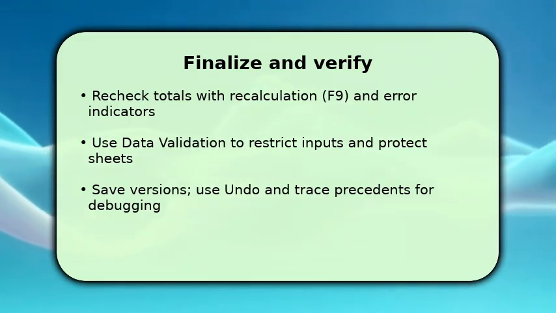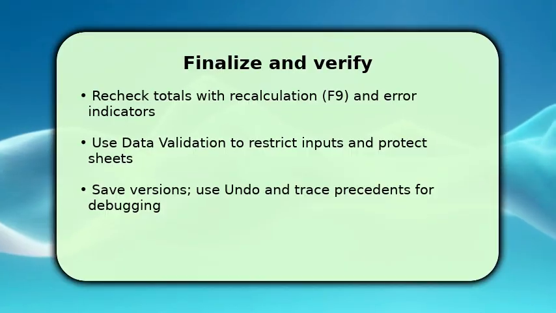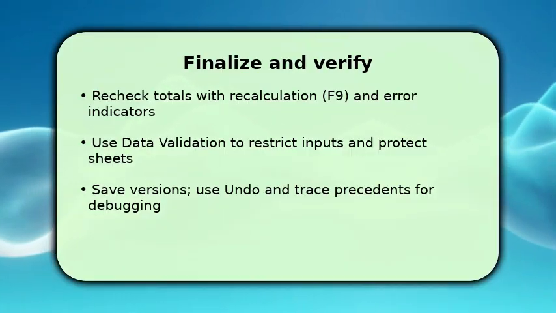Save incremental versions and use undo if you overwrite data. If numbers still seem wrong, use trace precedents and dependents to find broken links or